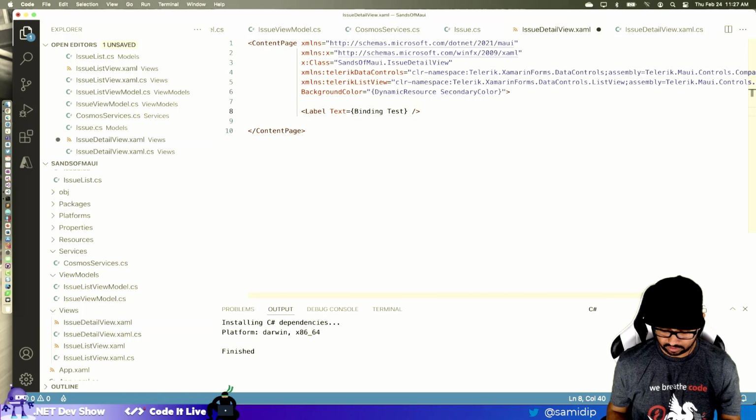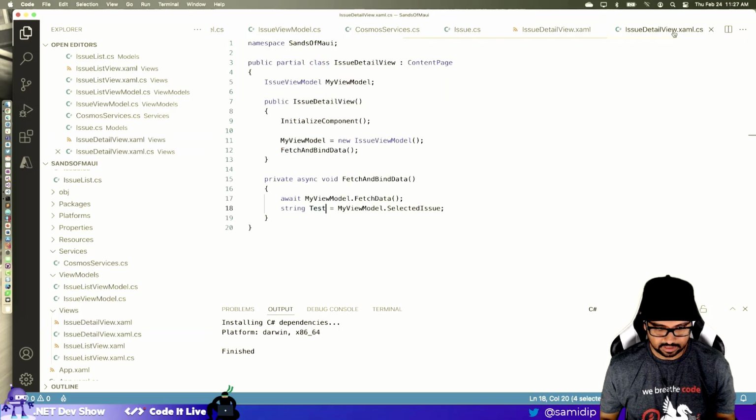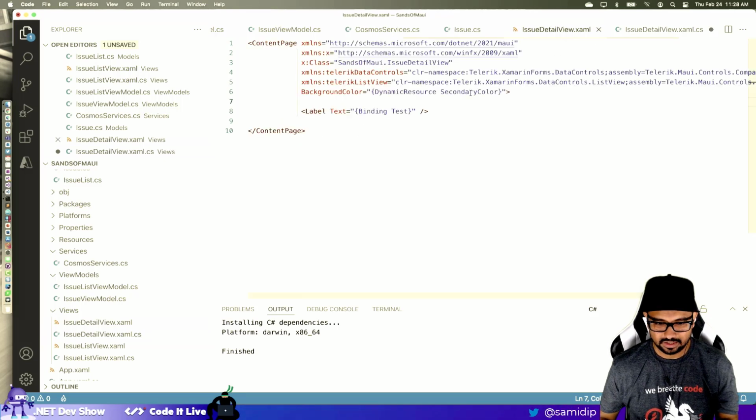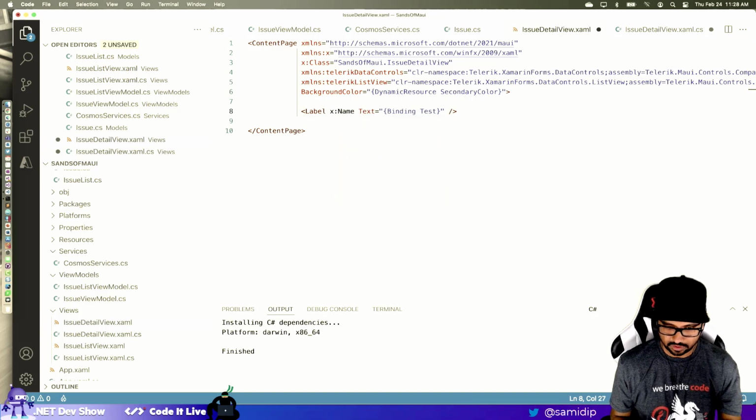No, I need to close it. Okay. Oh geez, no. What are you doing, Visual Studio? Let me just do my thing. I know you cannot give me IntelliSense, but don't get in my way. Okay, so just a label with the binding text, and let's do, I do need to give it a name maybe. All right, because this is not a collection of things.